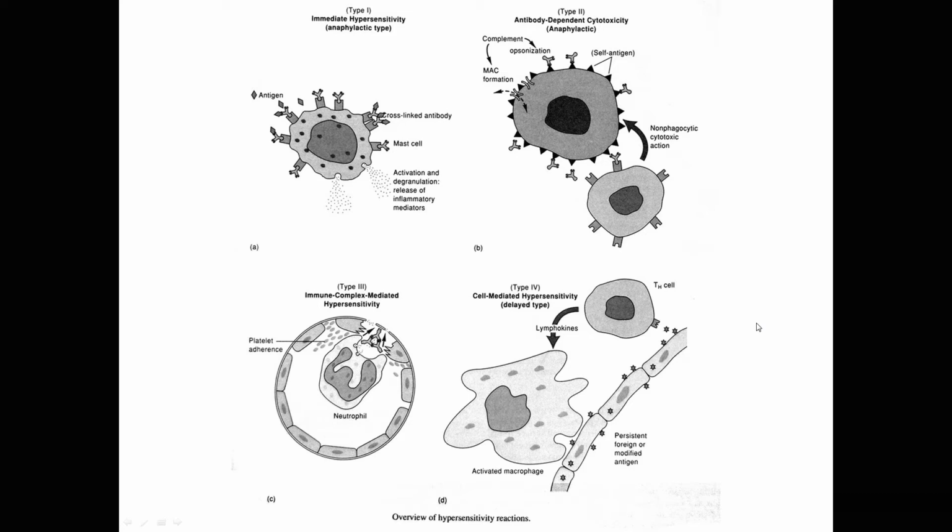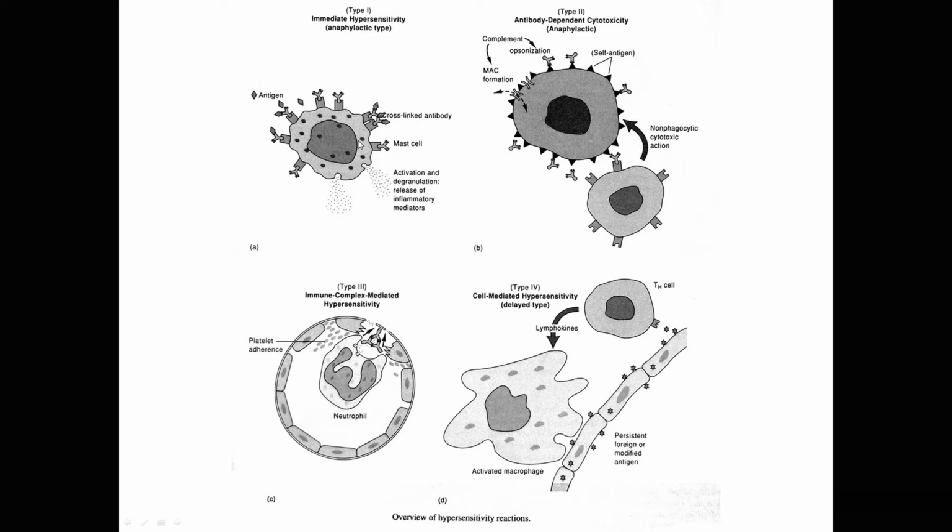Let me introduce the term atopy. This term is used to describe allergic conditions that have a familial predisposition, a genetic component. Four types of hypersensitivities exist. They are presented here. Type 1, immediate hypersensitivity, anaphylaxis. Type 2, cytotoxic. Type 3, immune complex mediated. All these are antibody mediated and more rapid. The fourth type is cell-mediated and delayed.